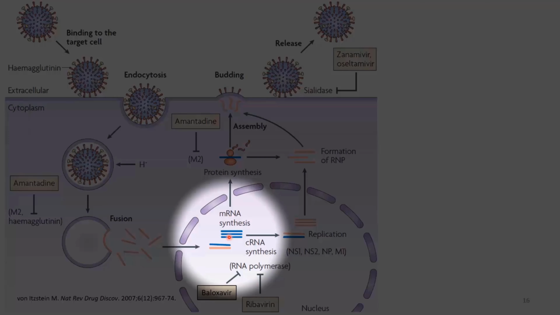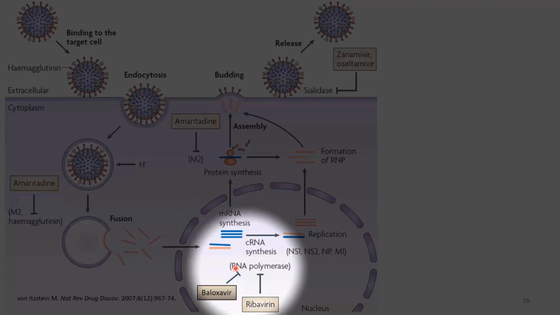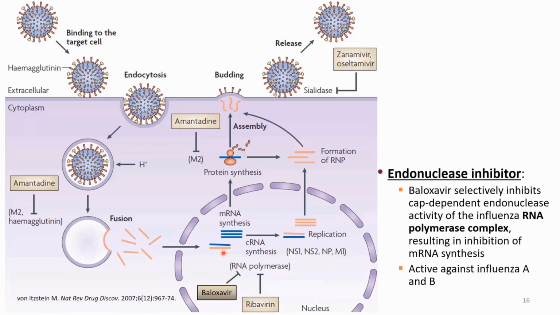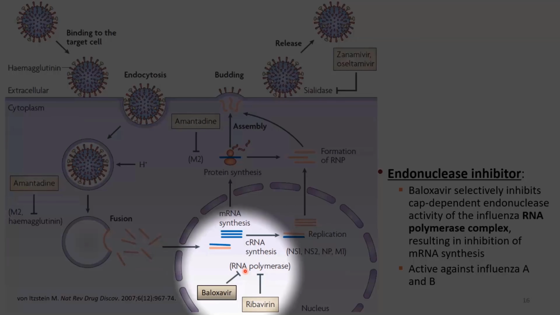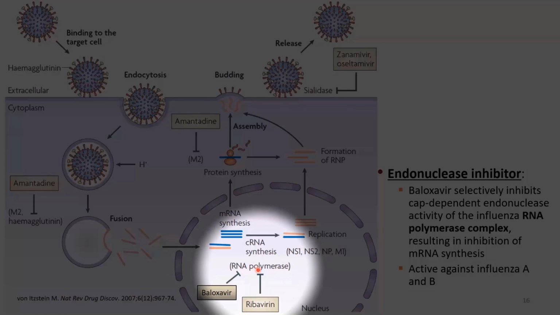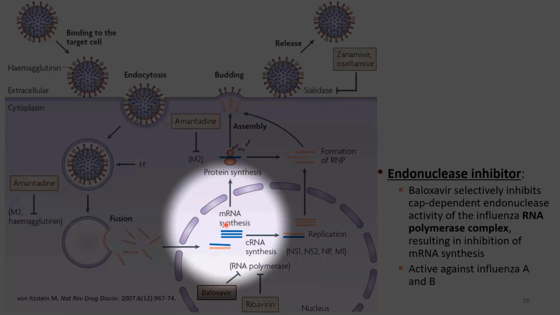Now, this process is extremely important to the life cycle of the virus, and we have drugs that can actually target the RNA polymerase. So we have ribavirin that is actually an RNA polymerase inhibitor, but it's not commonly used for influenza. And we have a new drug called baloxavir. Baloxavir is an endonuclease inhibitor, so it selectively inhibits the cap-dependent endonuclease activity of the influenza RNA polymerase. So by inhibiting this RNA polymerase, it results in inhibition of mRNA synthesis,